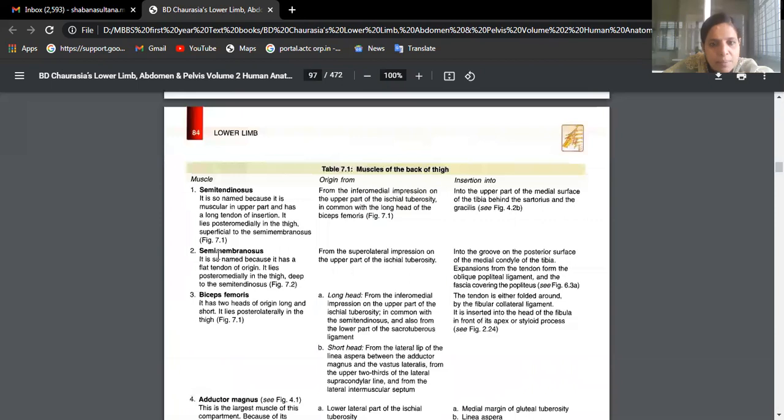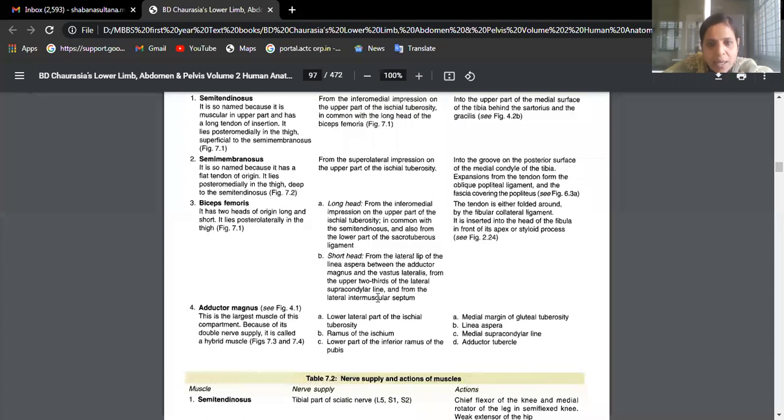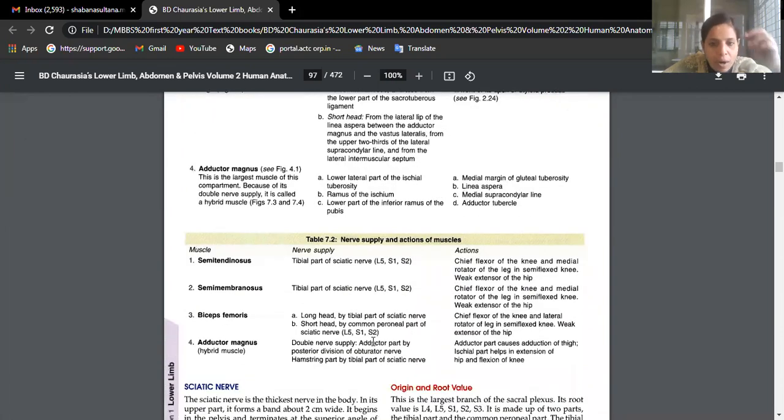Okay. These are hamstrings: semimembranosus, semitendinosus, biceps femoris, adductor magnus. Magnus is coming from ischial tuberosity, ramus of ischium, ramus of pubis. Together you call it as ischiopubic ramus. Okay, it is getting inserted in linea aspera, gluteal tuberosity, adductor tubercle, medial supracondylar line. So all are being supplied by sciatic nerve. Okay, so all are tibial components because this is posterior, no. But short head is supplied, short head of biceps is supplied by common peroneal component of sciatic nerve. At least if you write sciatic nerve also, it's okay, beta.